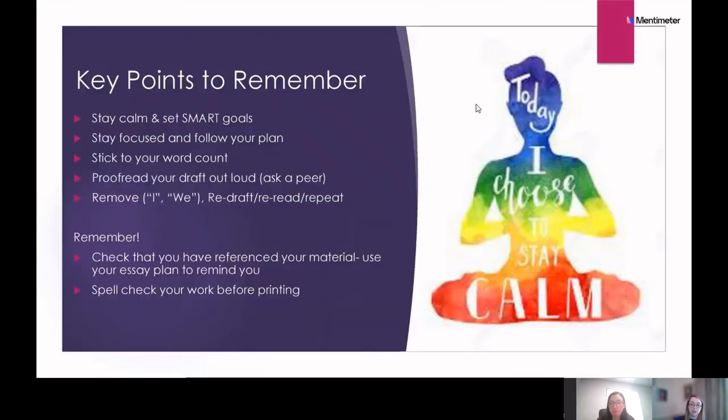Perfect. Okay, so key points to remember then. Stay calm and set smart goals. Stay focused and follow your plan. Stick to your word count. Proofread your draft out loud or